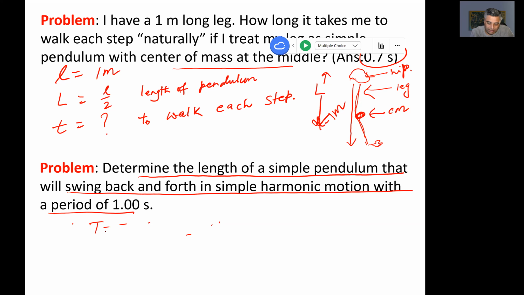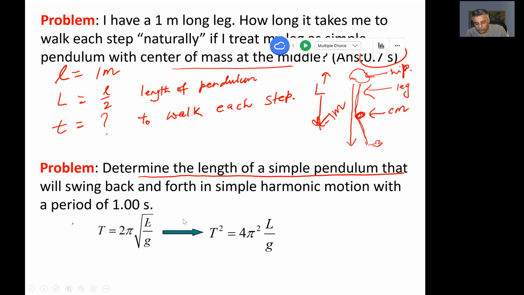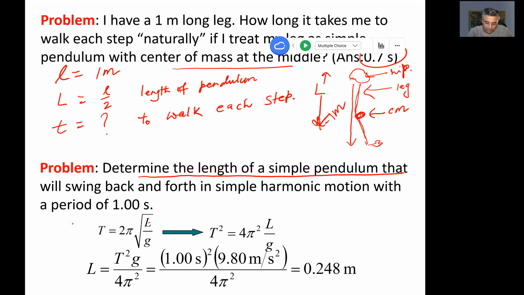So T, I think I have done that here. I have written that equation. Since we want the length, we need to square both sides to get the length out. So I can do that, and it is around 25 centimeters or a quarter meter. Okay, so if you have something to measure and make a pendulum, what you can do is,